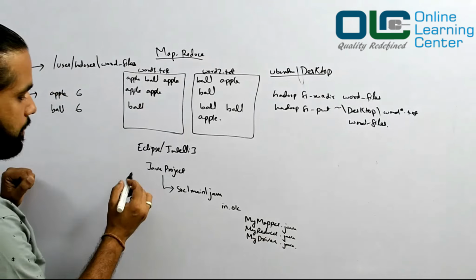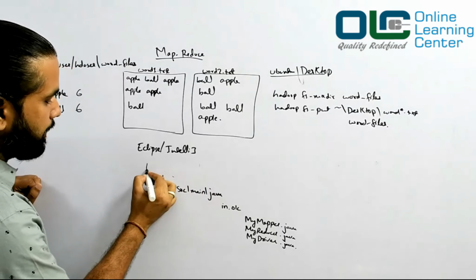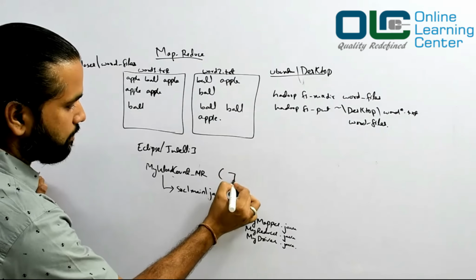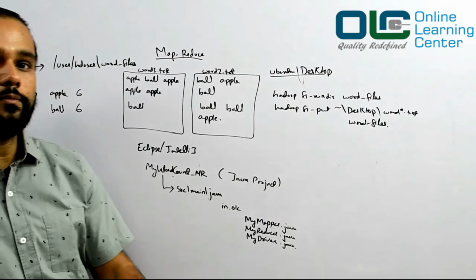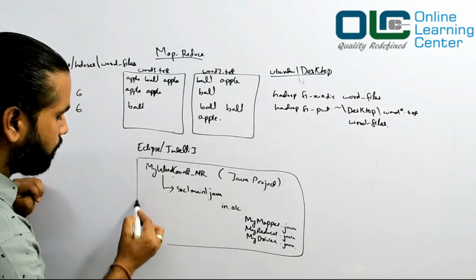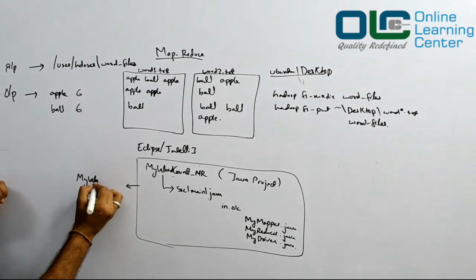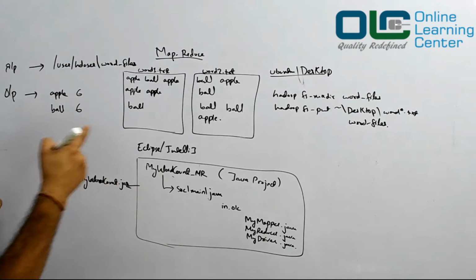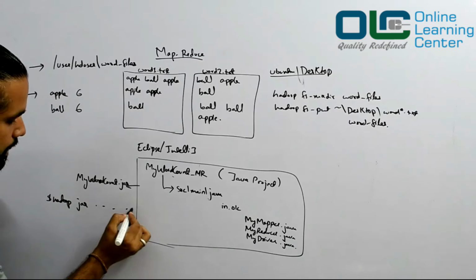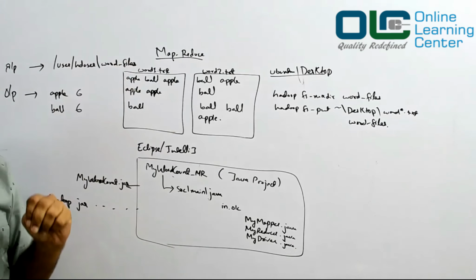Now once you have created this project, let's say the project name is my word count MapReduce, and this is basically a Java project. So we would create exactly the same structure wherein we will write our code. Once this code is written, we will bundle it into a jar file with the name myWordCount.jar, and we will execute this jar file using the command hadoop jar, with some parameters which we will see in our coming days. So this is what we want to do in our first program.